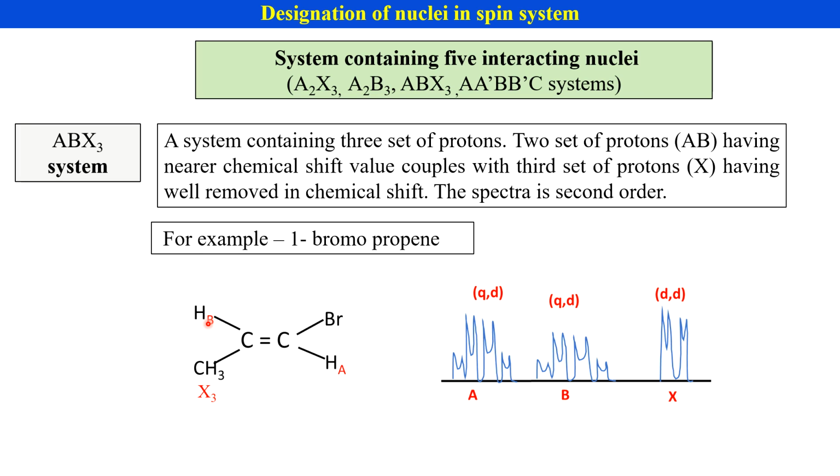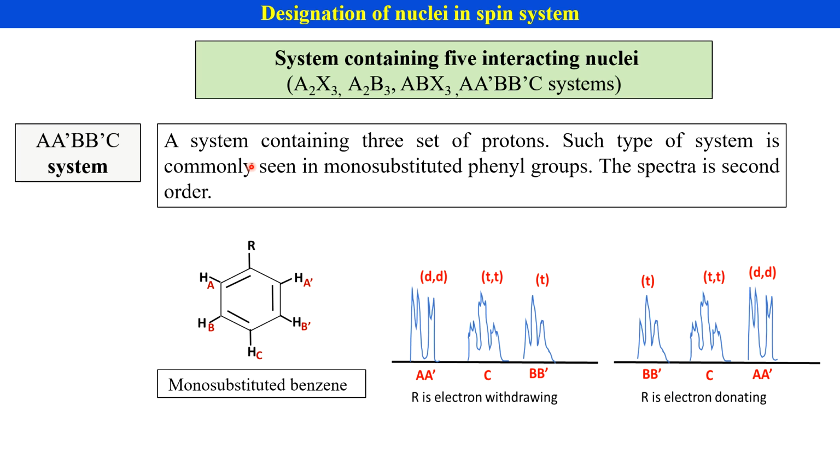For B type of proton also we get a quartet of doublets, and for methyl group proton, that is X3 type of proton, we get a doublet of doublets. It first couples with Ha, we get the doublet. It also couples with B, therefore each line of the doublet is again split into two lines, therefore we get the double doublet in the spectra. And the spectra is second order or non-first order. This is ABX3 system. The next system is